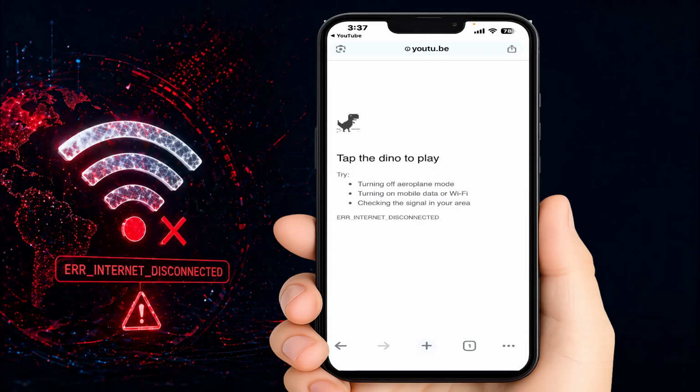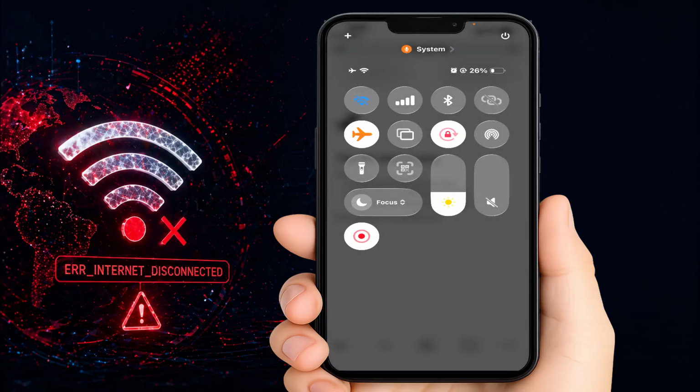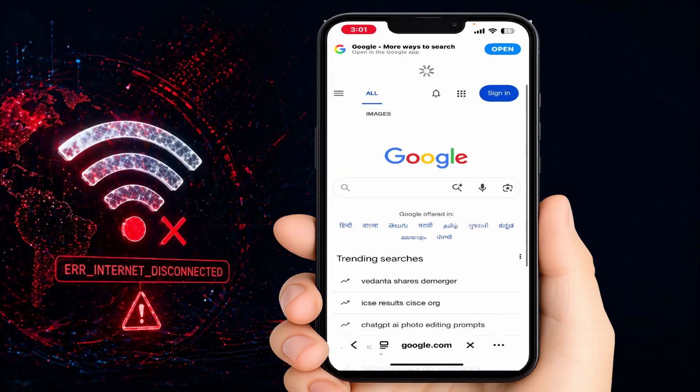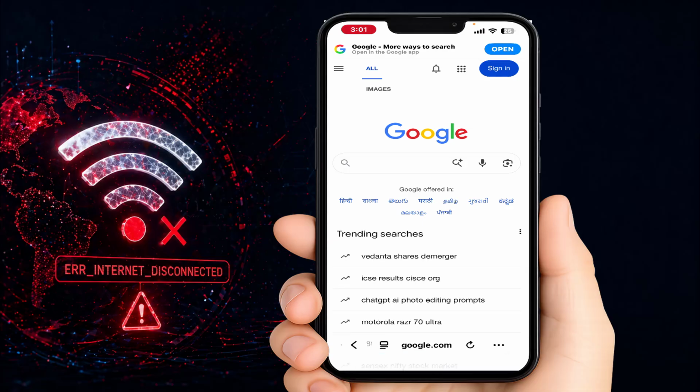While you are facing the problem, you need to enable airplane mode on your iPhone like this. Wait 10 seconds and turn it off. Open your web browser and try to browse anything. It will definitely fix your problem. Still, if the problem is the same,